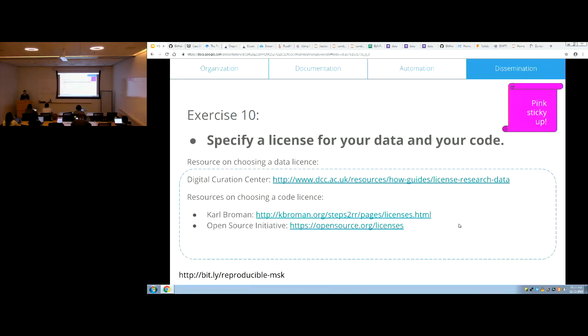Okay, so once you have centralized everything in a repository, you've got it to the point where you can use some sort of container technology to spin up a version of your analysis and your code. You want to specify a license. So the absolute easiest way to do this is if you're using